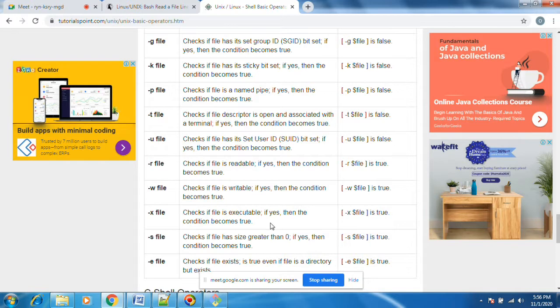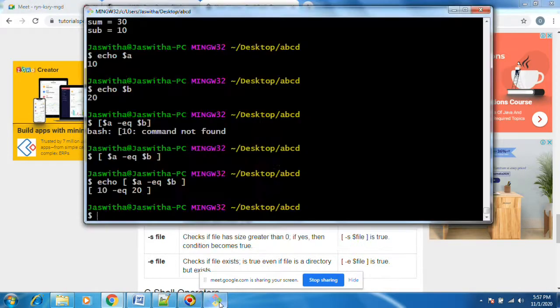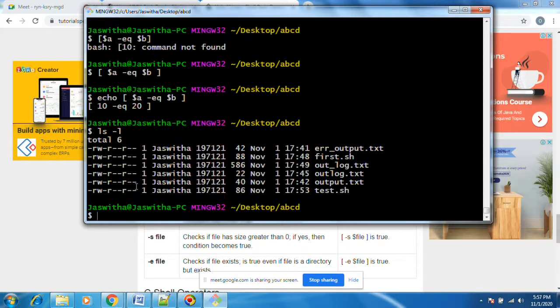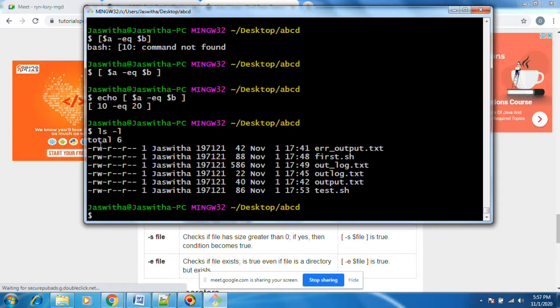Check if the file is executable or not, with -x. Before executing a script, we need to check that the file has execute permissions. To see permissions, use ls -l, a long listing of the file. All files do not have execute permissions. If we have rwx, we will have execute permissions.